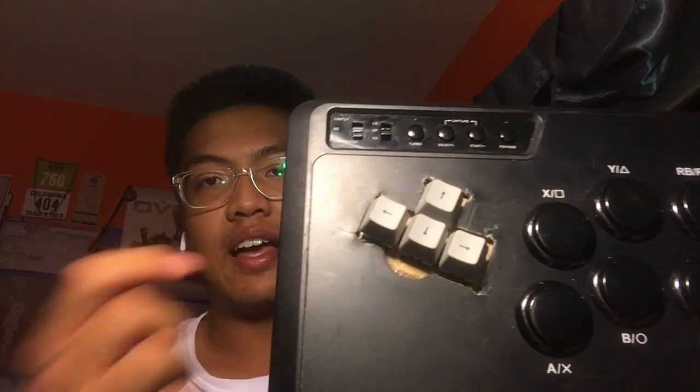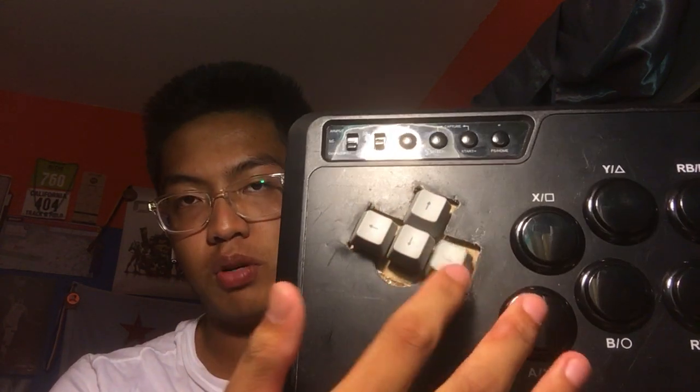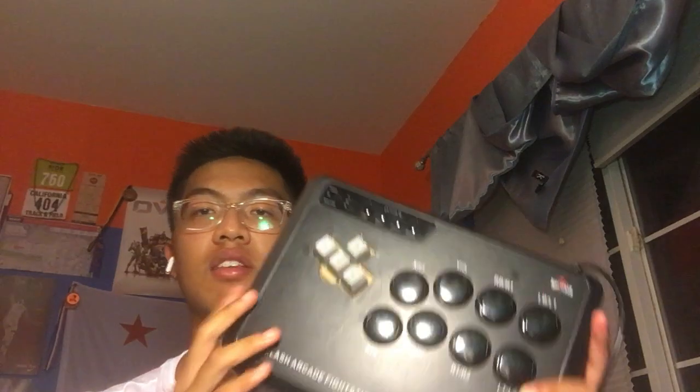So once that happened, I super glued this piece of cardboard into it to make sure it fits perfectly. Mine fit kind of wrong, so I had to sand it right here for a while. It took a long time, but anyways, once you get that in, your controller's still gonna be open, right? And I'm not gonna open my controller just because I don't want to go through that, but you'll see that